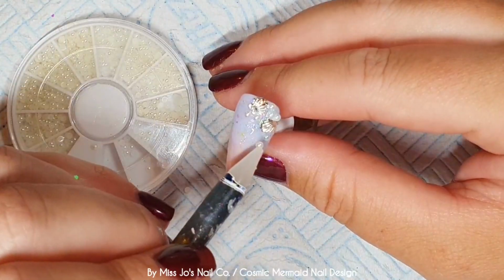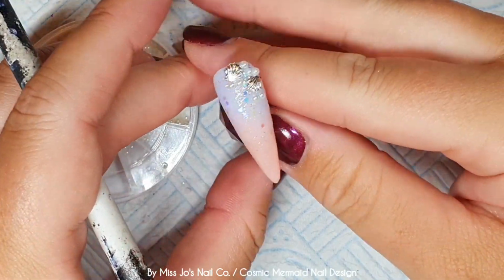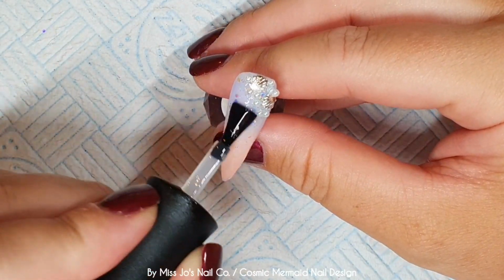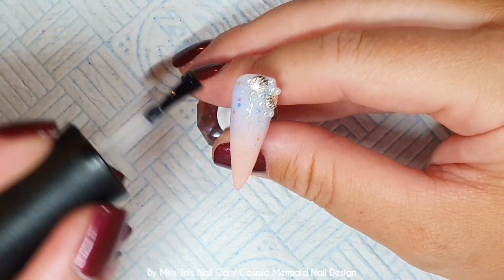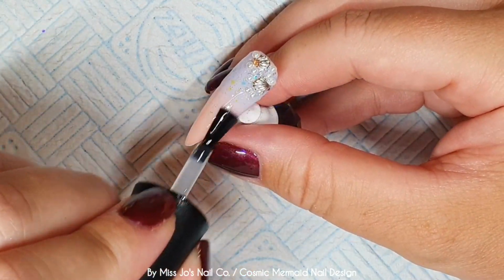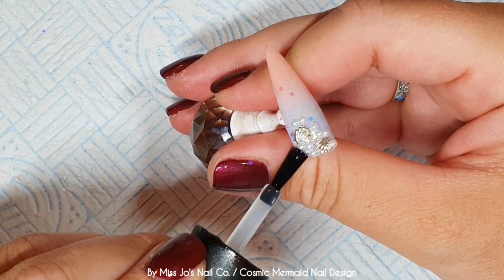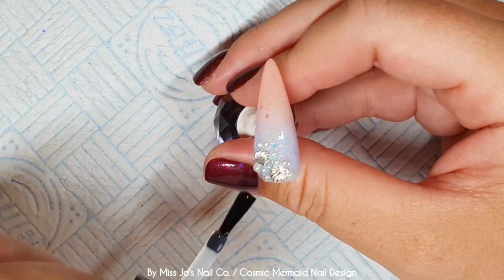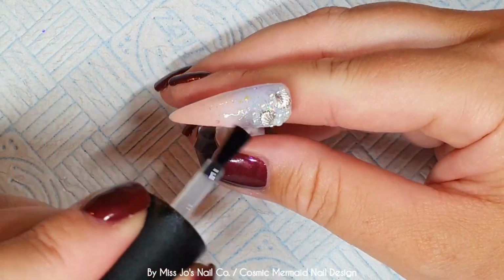So those two shells came from there, and then these pearls are just from a cheapo wheel off eBay or Amazon or somewhere like that, and they're all the same size, but there's a whole bunch of them. So I added some of those in no pattern. We're not faffing around with crystal placement today. And then I topped. See, I should have, because now I can't buff. I mean, I could try and buff around these, but I didn't. So I just went a bit extra thick with the top coat to cover up any bumps of the